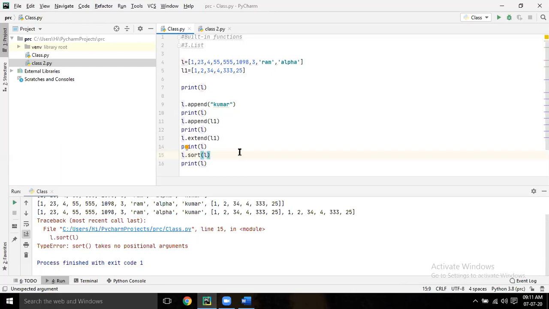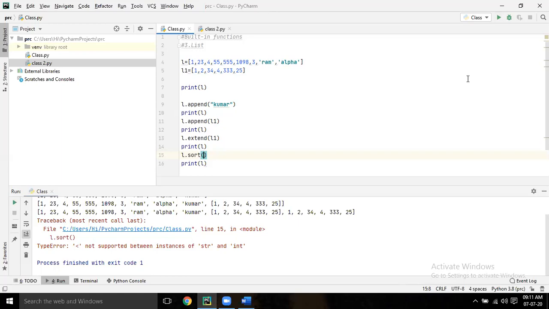So L dot sort, don't give L within the bracket. After sort, an empty bracket. Run it. That is correct. Now see, if both string and integer are there, you cannot sort it.